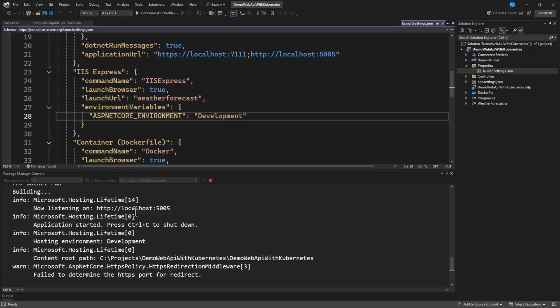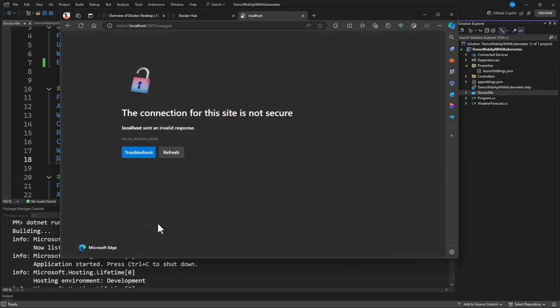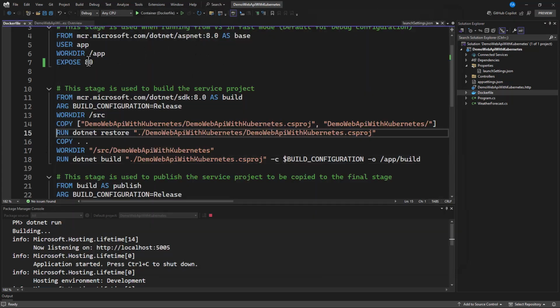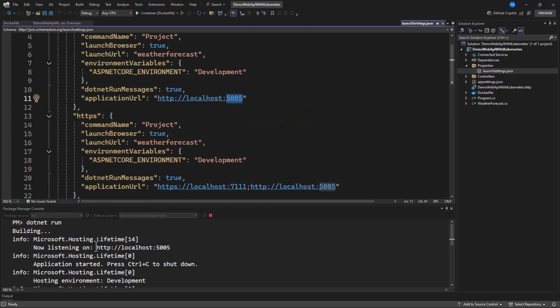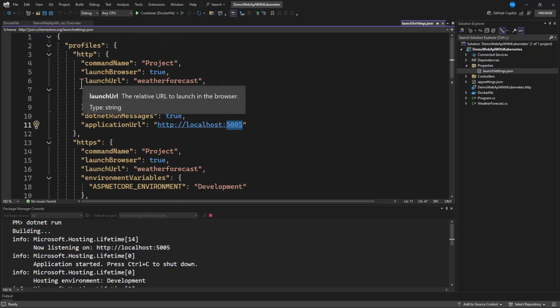So this is running on 5005. Okay, so this is not running still, it's not running here. So let's go and find out and check whether we have this Swagger installed, or we need to set the configuration again. Now when you go to our app settings, here it is running on 5005, that's an HTTP, and that is what you have in here. Great. But let's check the launch URL. Alright, so you can see it is running on weather forecast, and that means Swagger is not installed.